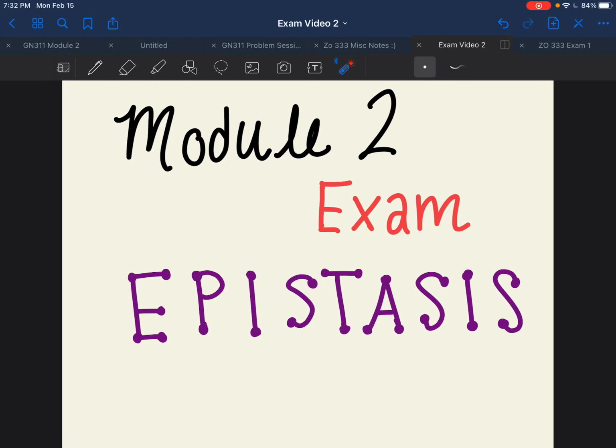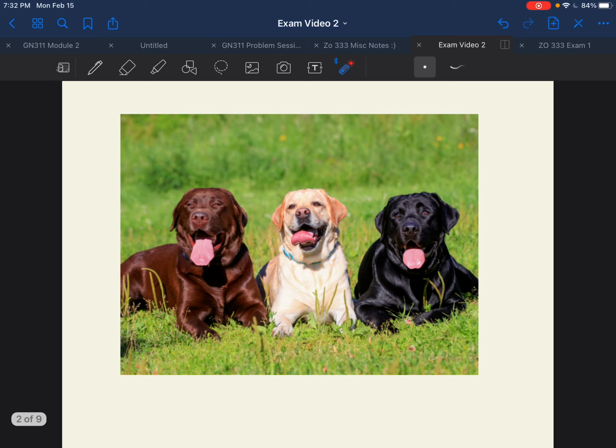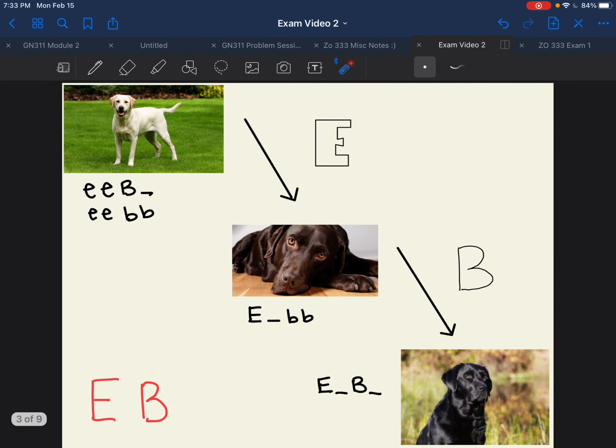This is my Module 2 exam video about epistasis, specifically the epistasis involving coat color in Labrador Retrievers. They typically come in 3 colors: brown, yellow, and black. So based on some research I did, this is the epistasis pathway that I created, and I'm going to explain